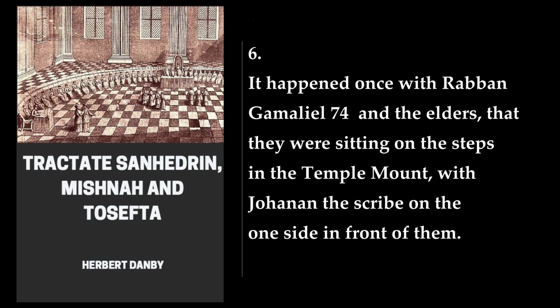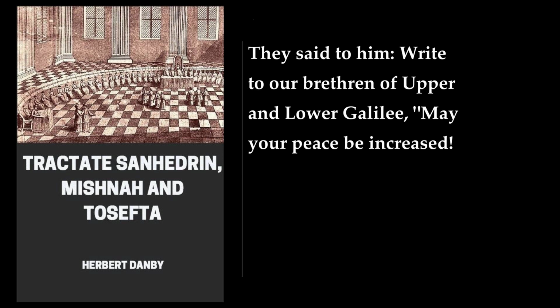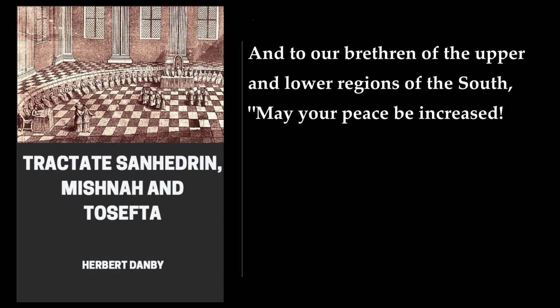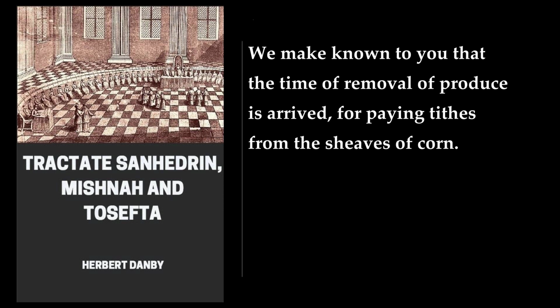6. It happened once with Rabban Gamaliel and the elders, that they were sitting on the steps in the Temple Mount, with Johanan the scribe on the one side in front of them. They said to him, Write to our brethren of Upper and Lower Galilee, may your peace be increased. We make known to you that the time of removal of produce is arrived, for paying tithes from the olive vats. And to our brethren of the upper and lower regions of the south, may your peace be increased. We make known to you that the time of removal of produce is arrived, for paying tithes from the sheaves